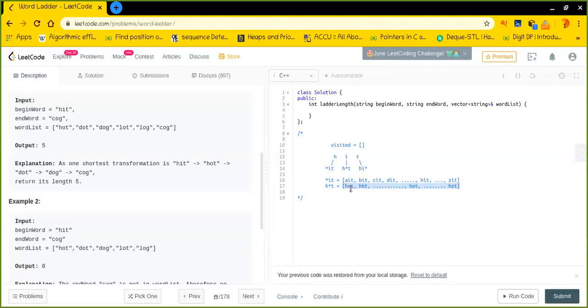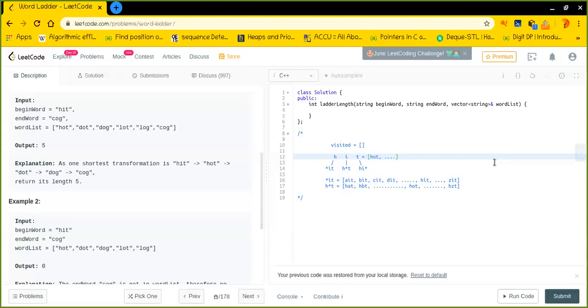The string that I should jump to needs to be present in this particular given word list. Here, as we can see, HAT is not present, HBT is also not present, but HOT is present right here. So whatever string I can jump to from my current string can be HOT. There may be many such strings possible. This is a matter of possibilities. We can also jump to some other string.